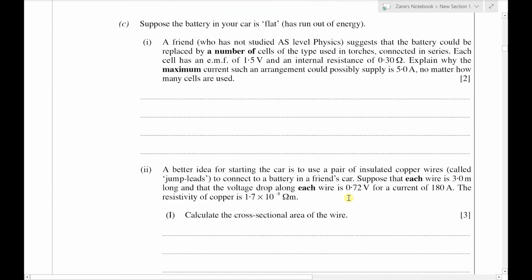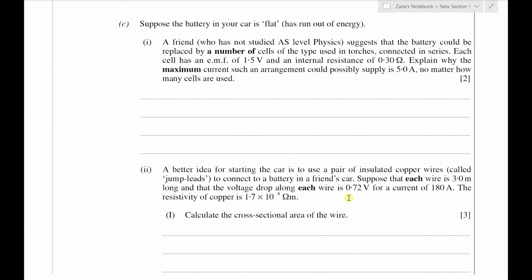Suppose the battery in your car is flat, has run out of energy. A friend who's not studied AS level physics suggests that the battery could be replaced by a number of cells of the type used in torches connected in series. Now each of these cells has an EMF of 1.5 volts and an internal resistance of 0.3 ohms. And we need to explain why the maximum current such an arrangement could possibly supply is 5 amps, no matter